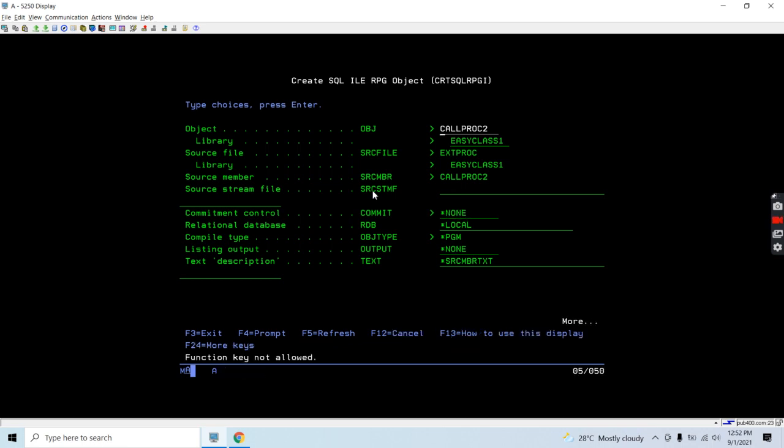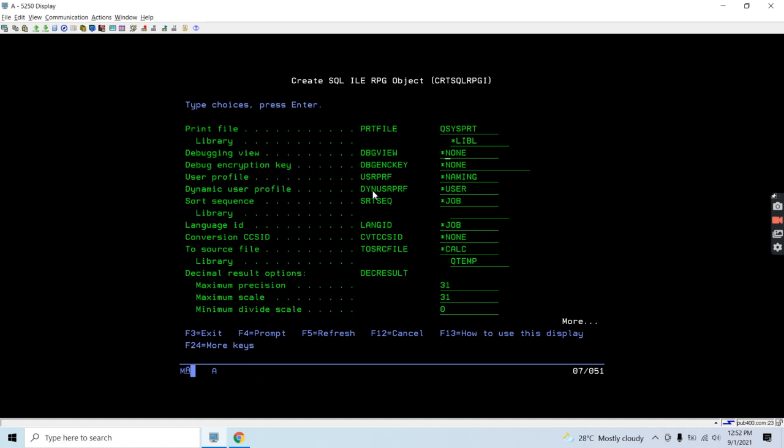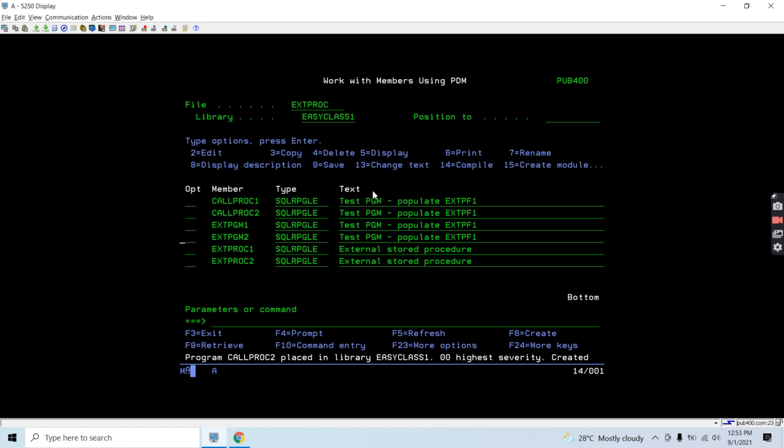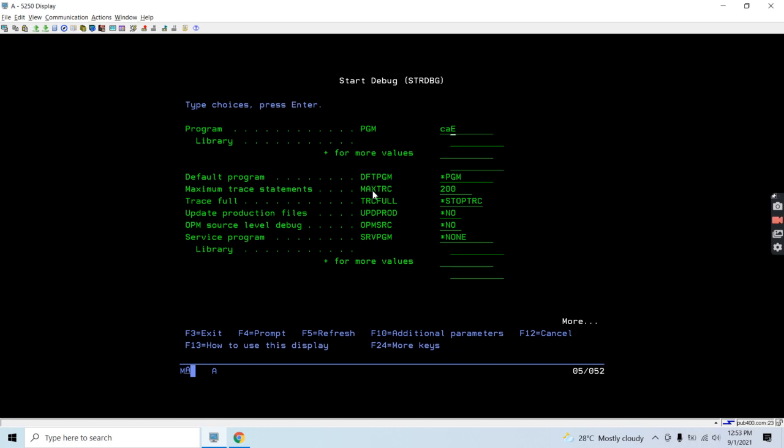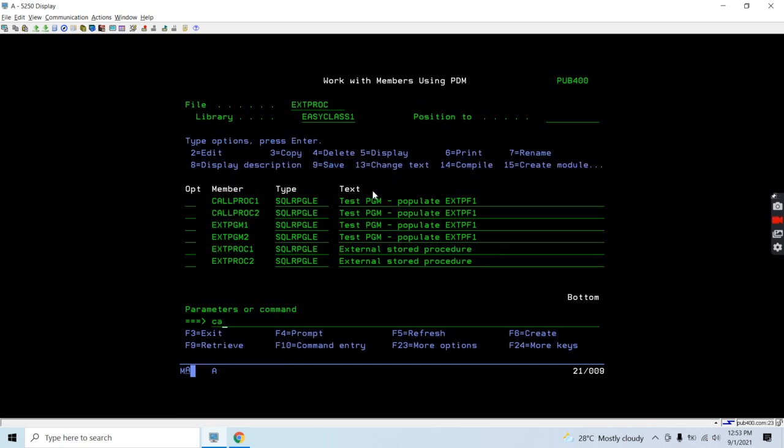Just set star none. So strdbg, just debug first, call prop2, breakpoint at line number 1, and then call proc 2.